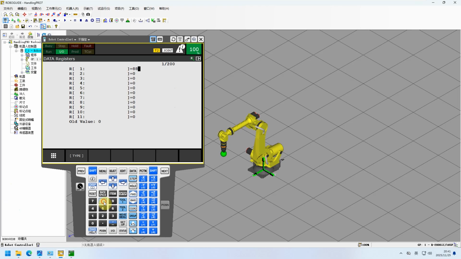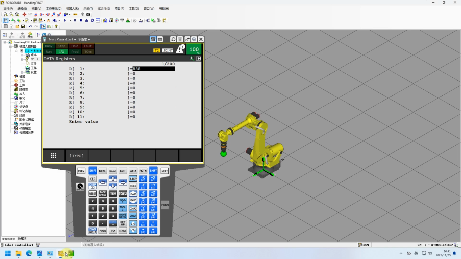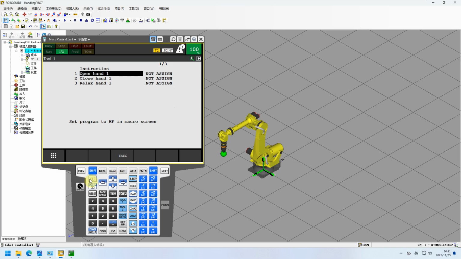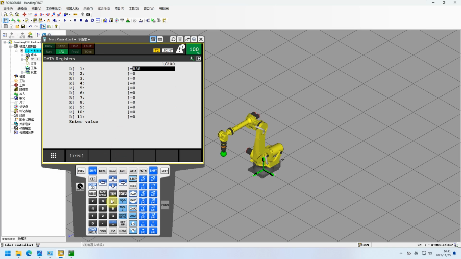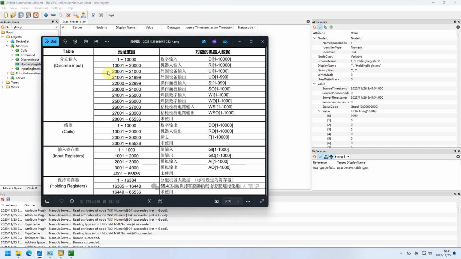So we're gonna type it. Okay, type it, and we will see. As you can see, the value already changed. We're gonna change the value. Sorry, go back. We're gonna change the value and refresh. You see, so the most important thing for this, you have to follow this address for Modbus